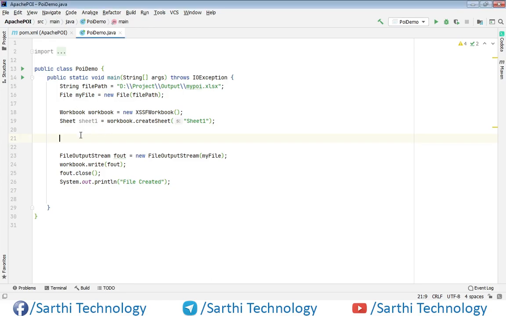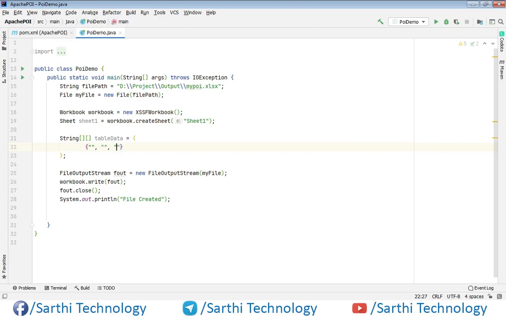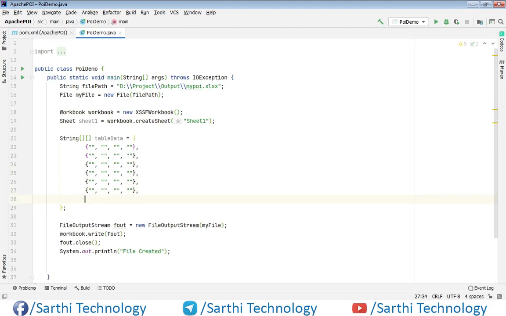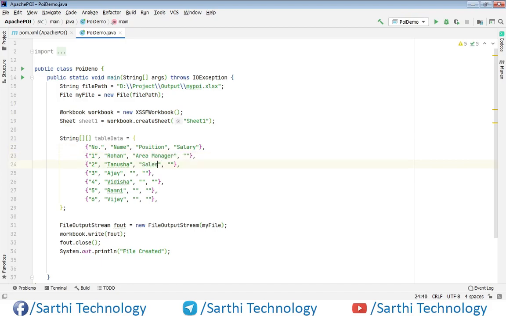So let me create that. Here we have this two-dimensional array, and now let's create one row object and one cell object.